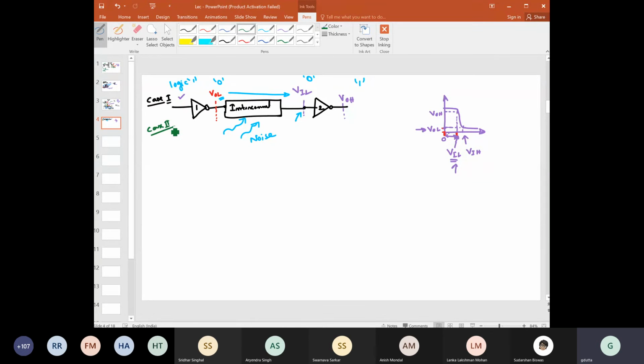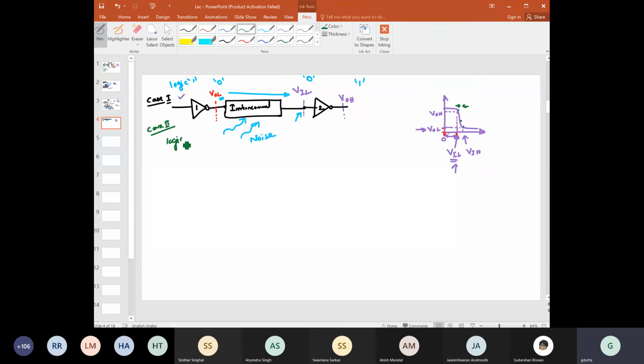Sir, but here we are not considering the switching threshold, right? Yes. This threshold voltage concept we will take a little bit later on. Threshold voltage is here, but here we are considering that the point is here. From here till here, we are trying to avoid this transition region.